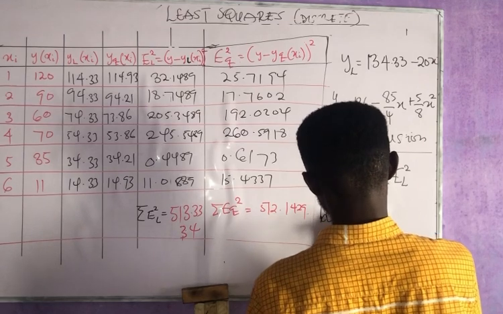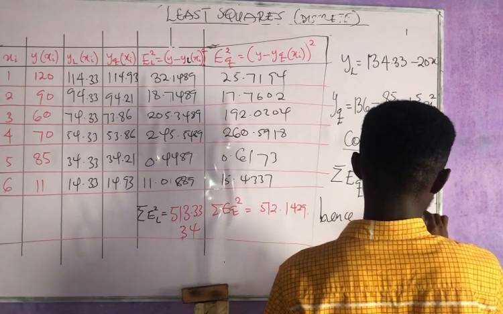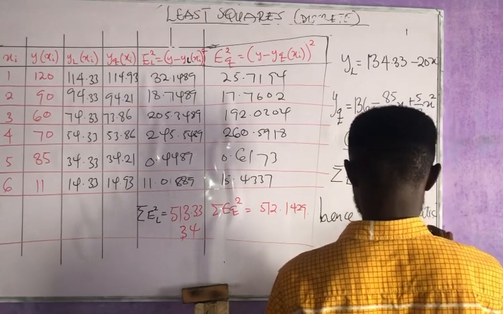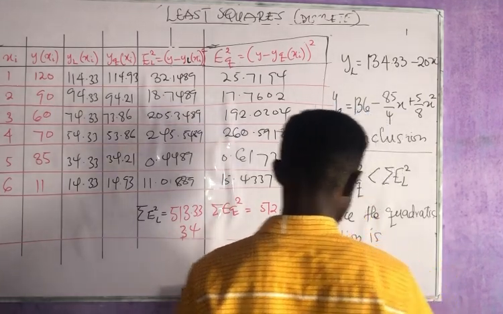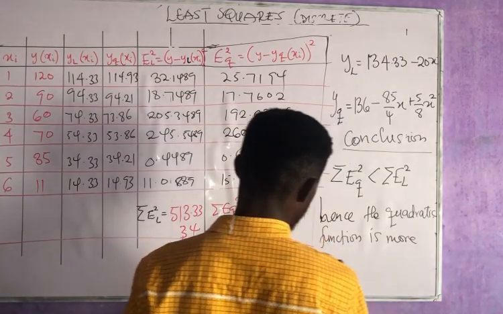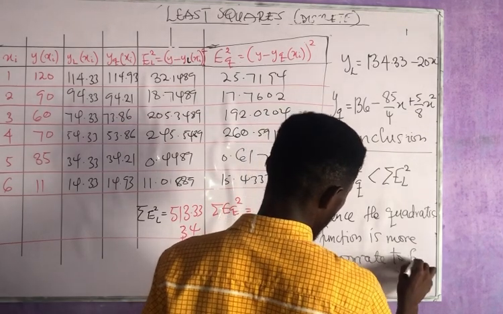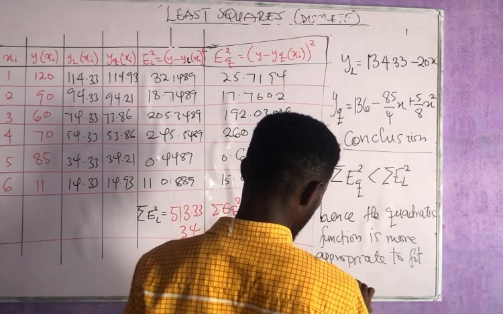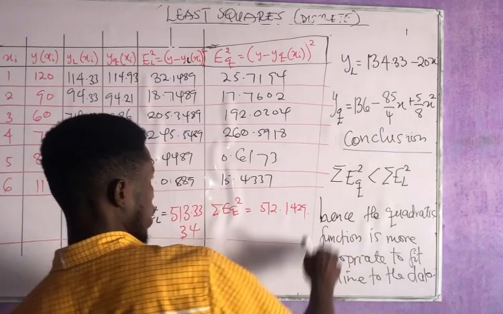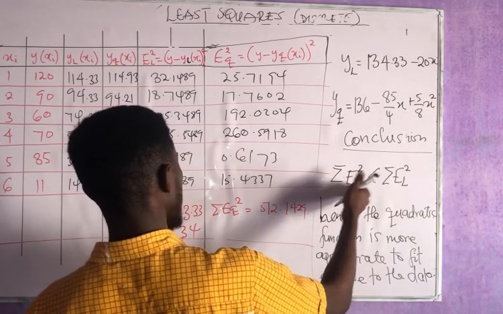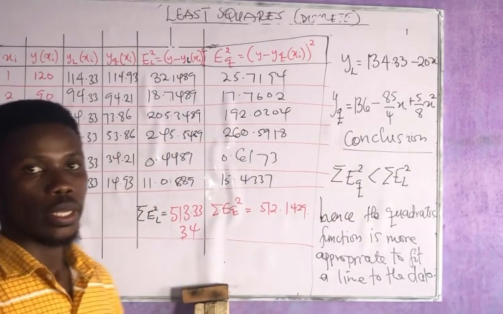Hence, the quadratic function is more appropriate to fit a line to the data. Since the error here is less than this, the quadratic will be more appropriate to fit a line to this data. Thank you very much for